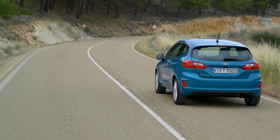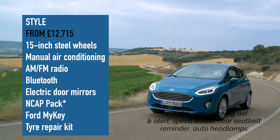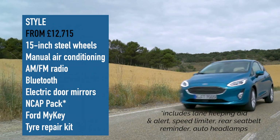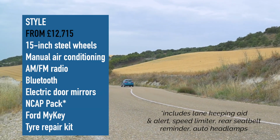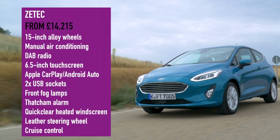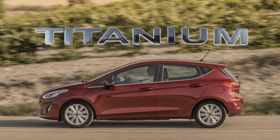Back in the real world, Ford has given the basic Fiesta the standard small car get-up. Steel wheels, basic stereo, albeit it does have some good safety stuff, which is why this car, when it's tested, will no doubt get a 5-star Euro NCAP rating. Still though, Z-Tech is where you really want to start. You know, for a couple of things, it gets alloys and a touchscreen radio, so it looks better inside and out. Moving up to...